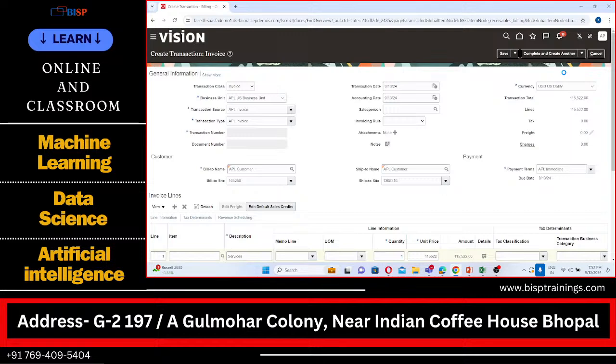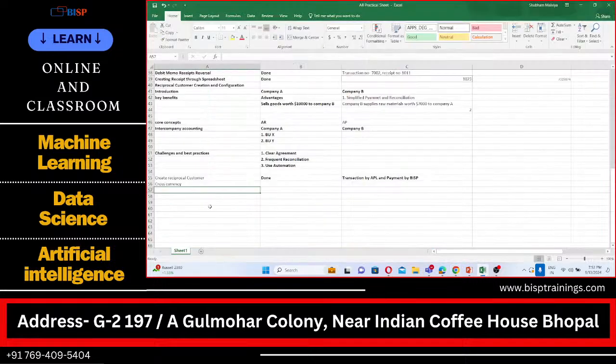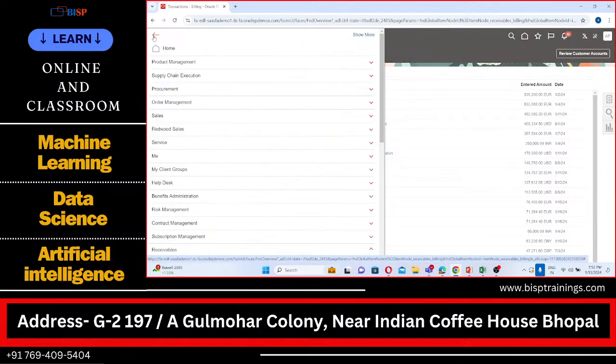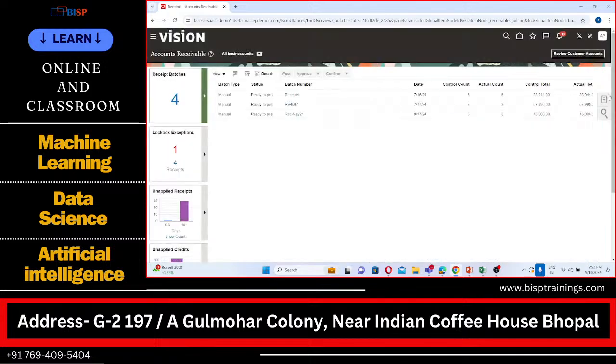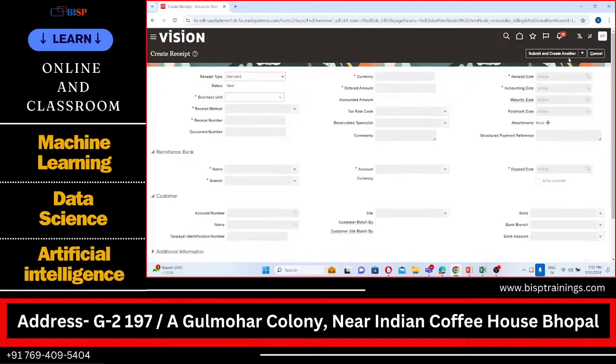Complete and close. Note the transaction number is 6, so write down the cross currency transaction number is 6. We have to remember it. Click on OK, and now we'll create the receipt. For that we will go to account receivable, and we'll create one receipt, that we have a receipt payment of 115522. Select the business unit,